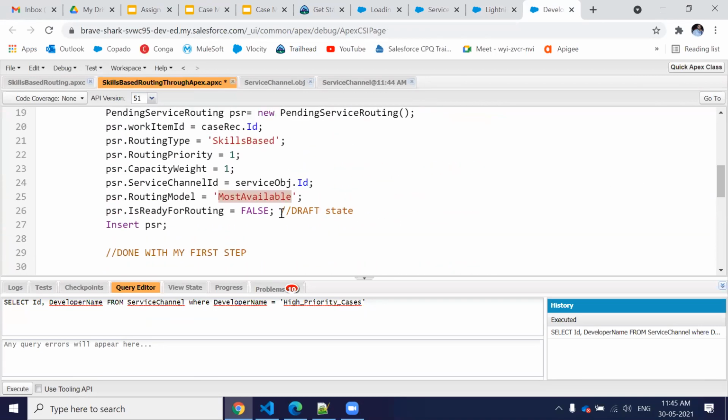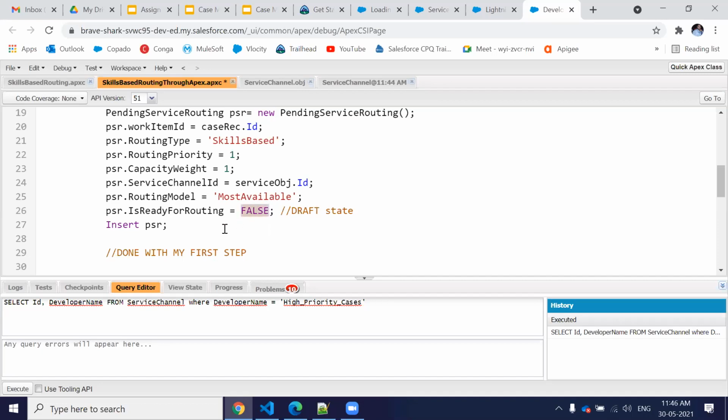So we have to put it in a draft state. To put it in a draft state, we have to use this. This is the key point of this record creation. This record is asking us whether this pending service routing is ready for routing. So we have to put it in a draft state, so we can just make it false.